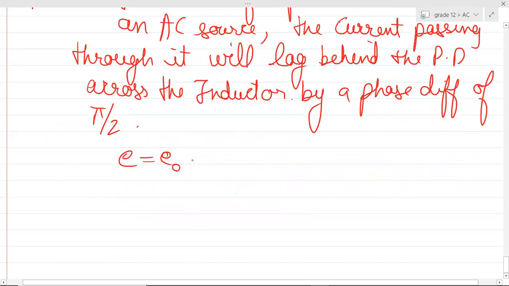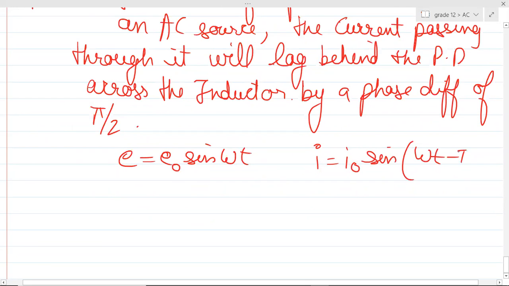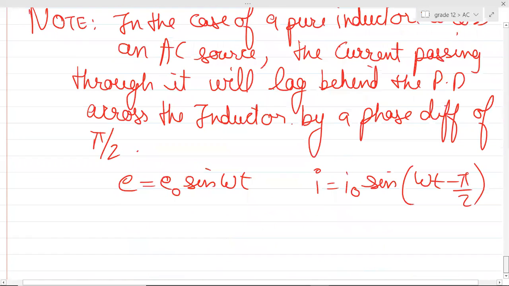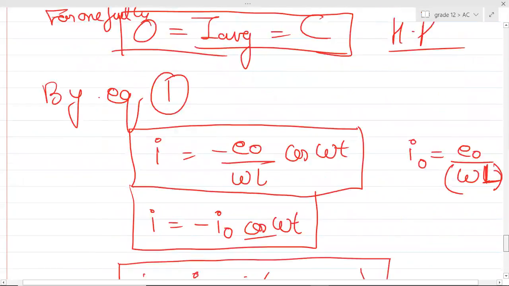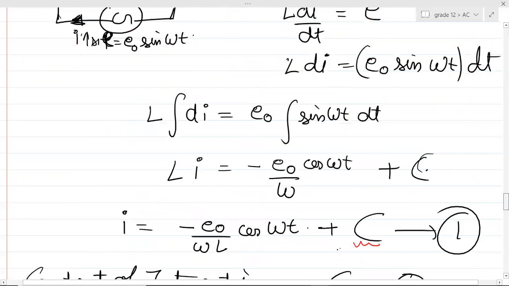E was basically E naught sine omega t and I was basically I naught sine omega t minus pi by 2. Is this clear, guys? Can you see clearly over here the current is lagging now? In the case of a capacitor, the current was leading, but in the case of an inductor, you know what happened? It started lagging. Is it clear? Yes, sir. So if I try to draw the graph,